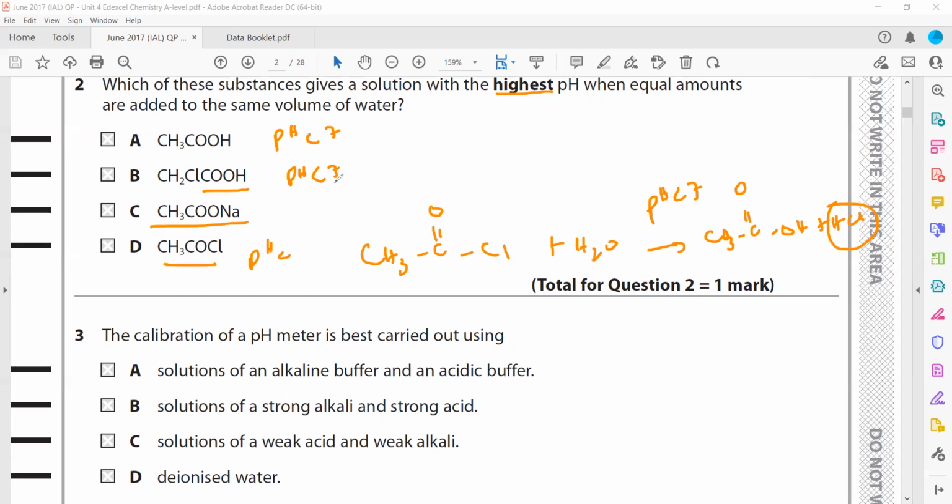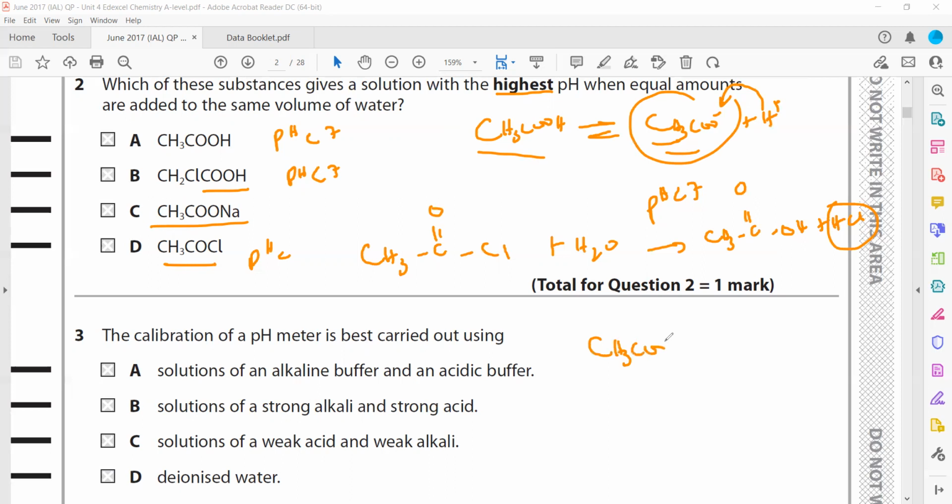So this is a salt, or we can also say it's a conjugate base, because ethanoic acid, CH3COOH, will dissociate into CH3COO- and H+. So this is the acid, and this one is a conjugate base. If we have a weak acid, it will have a strong conjugate base. This means it will have a greater tendency to accept protons. So when we have a salt of CH3COONa,